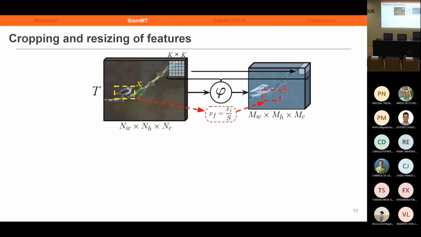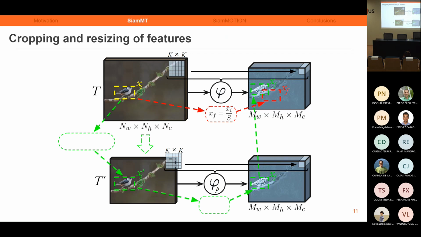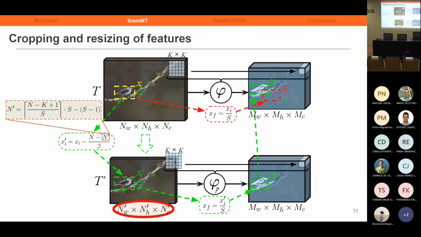image coordinates to feature coordinates, RoIAlign performs the red color path, simply dividing the coordinates by the stride of the backbone. As you can see, this yields incorrect results when the backbone phi lacks padding. Thus, in order to calculate the correct transformation, we have to follow the green color path, employing the effective size of the input image, whose calculation is shown here.